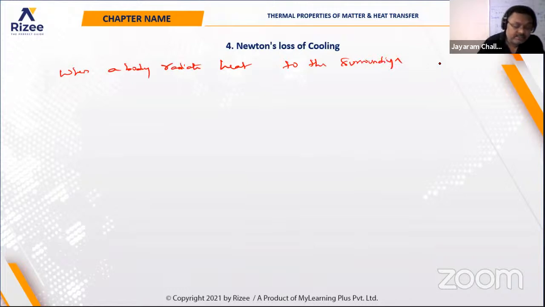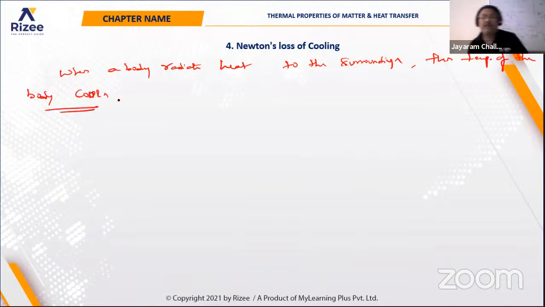To the surroundings, then what will happen? Then the temperature of the body cools. So how does this particular thing happen? We'll see in this case, according to the Stefan-Boltzmann law, dT by dt,